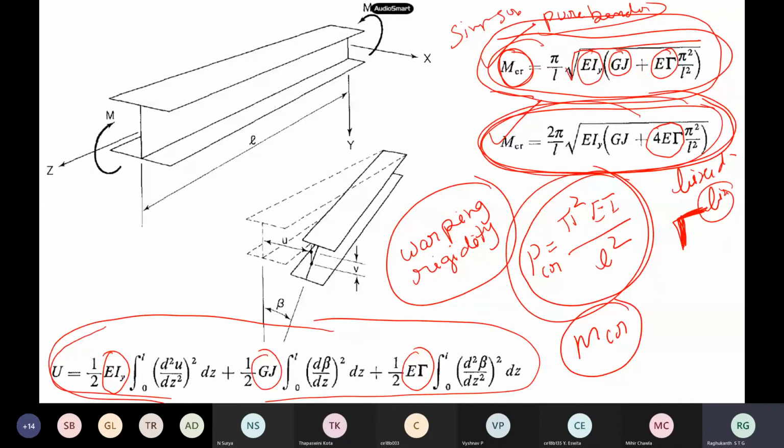Now analytically, you can derive this lateral torsional buckling. I have sent you one of my YouTube videos from the structural stability course, but there are previous videos also, because to understand lateral torsional buckling you should know lateral buckling, torsional buckling, and a combination of these two. Warping is another headache which comes in LTB, because our cross sections are not circular. For a circular cross section, warping could be omitted, but for an I section you can't help it. All these things have to be used, and the derivation is a little bit lengthy.